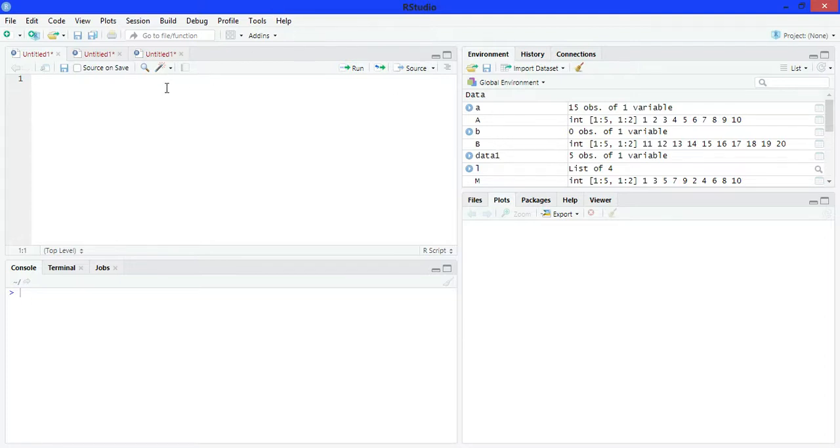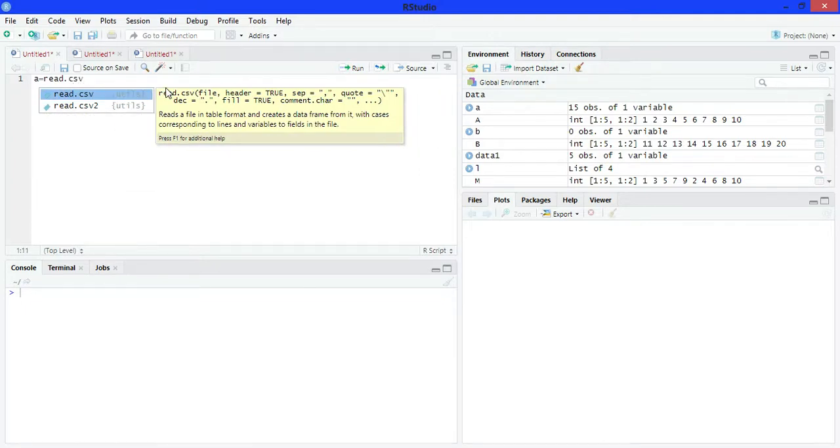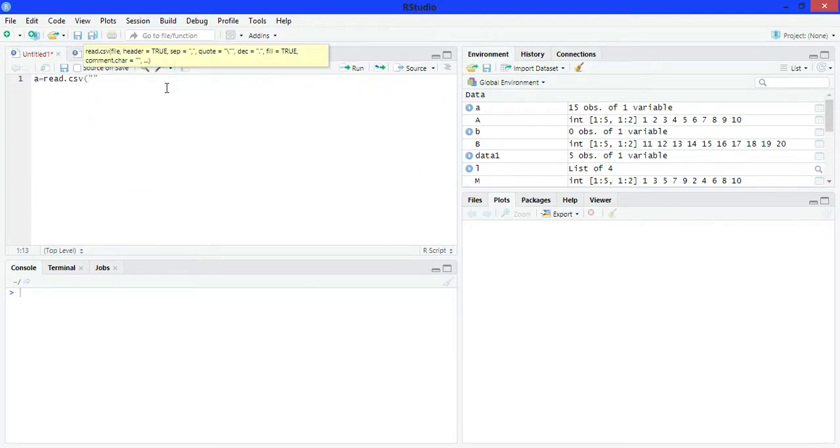First, read the file. Write A is equals to read.csv. Write here the file name.